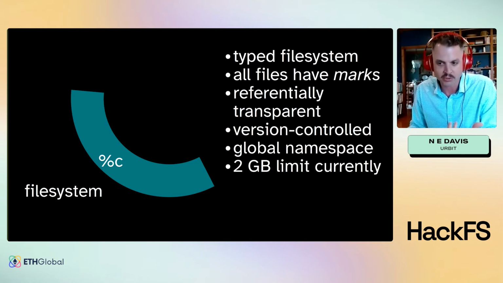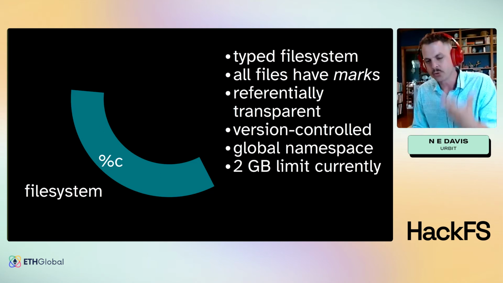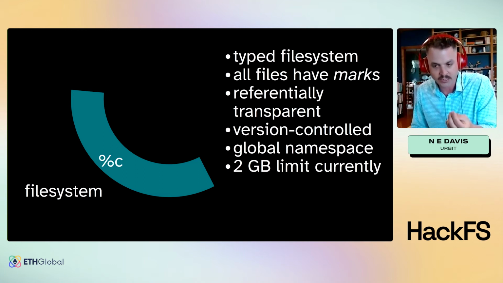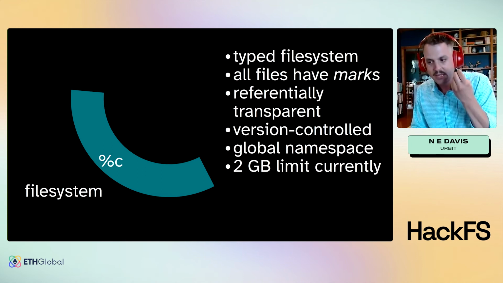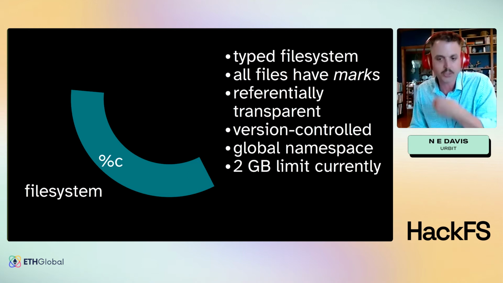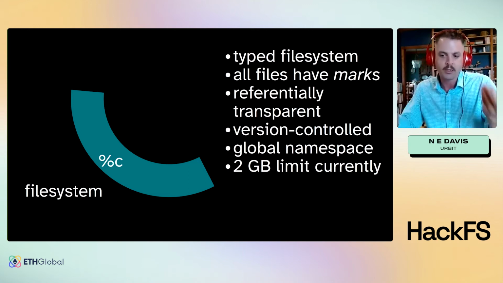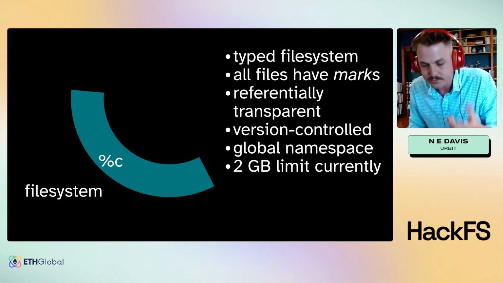It's also referentially transparent, so it collapses everything down. It's a global namespace, which means that part of the prefix that is on the location, the path for any file resource there, is the cryptographic identity that refers to it. And so in principle, you're able to refer to anything on any system. In practice, of course, there are permissions and everything that you have to worry about.